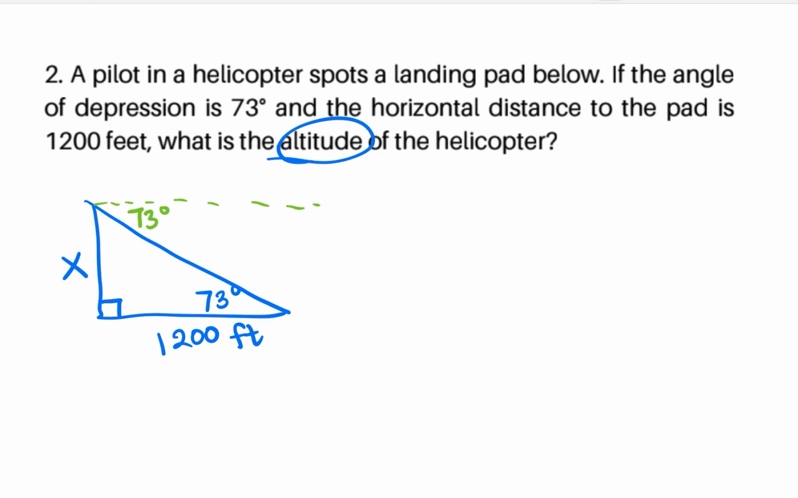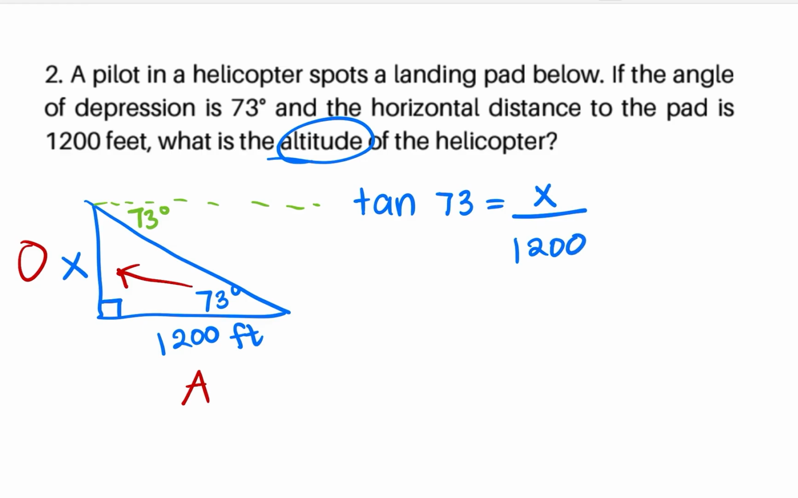And let's label what we've got. We have O, and this is adjacent. We're going to use TOA. So tangent 73 equals x over 1,200. We divide tangent 73 by 1. Cross multiply, we've got x equals